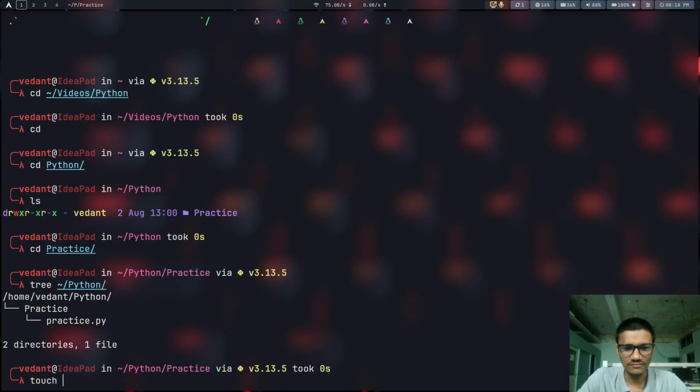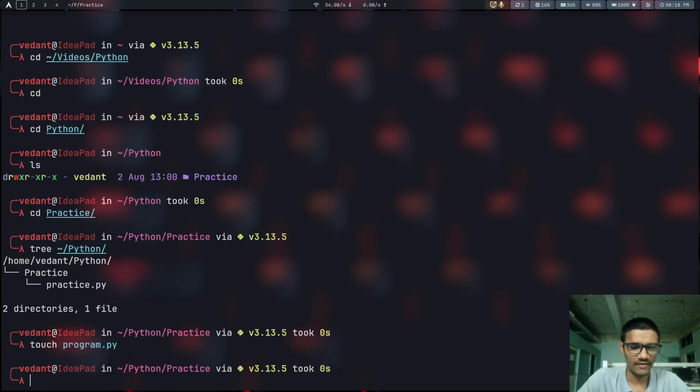What we want to do is create a simple file with nothing in it. So let's just do it: program.py. Okay, and if I want to list the components which are in my folder,